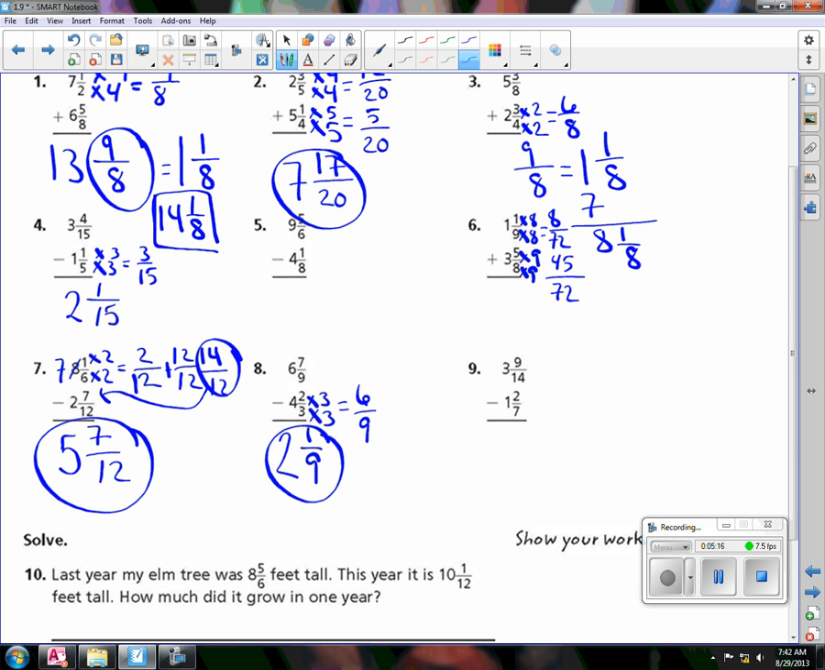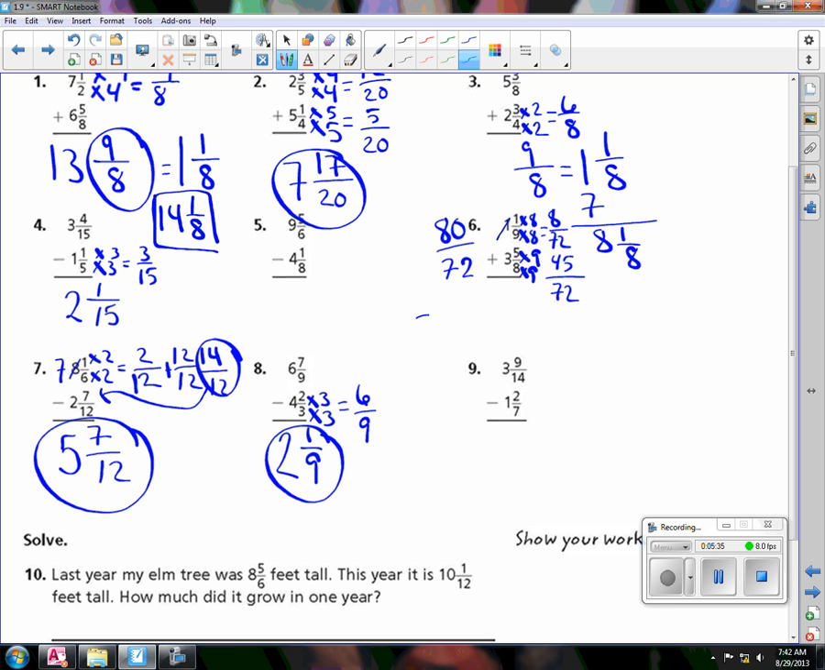Can I take 8 72nds and subtract 45 72nds? Absolutely not. I've got to borrow that one. When I do that, I'm borrowing 72 72nds. So I'm going to take 72 72nds and I'm going to add that to 8. So I end up here with 80